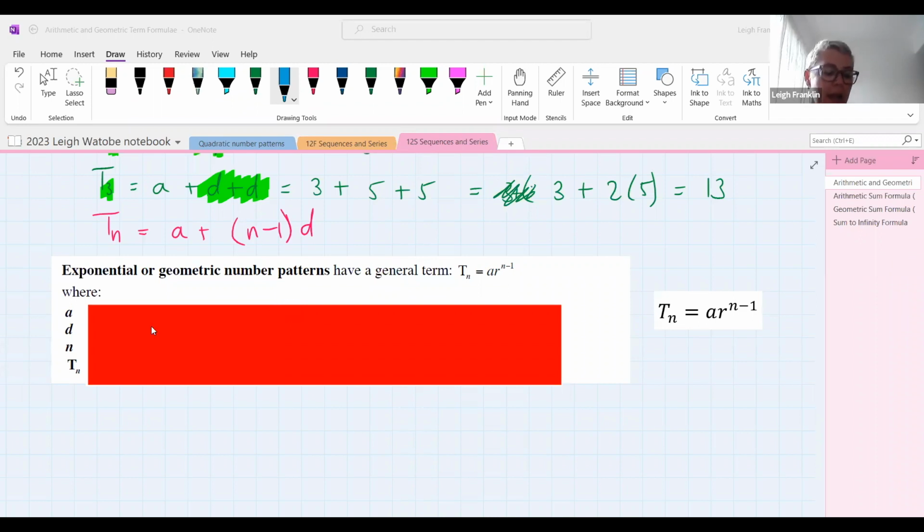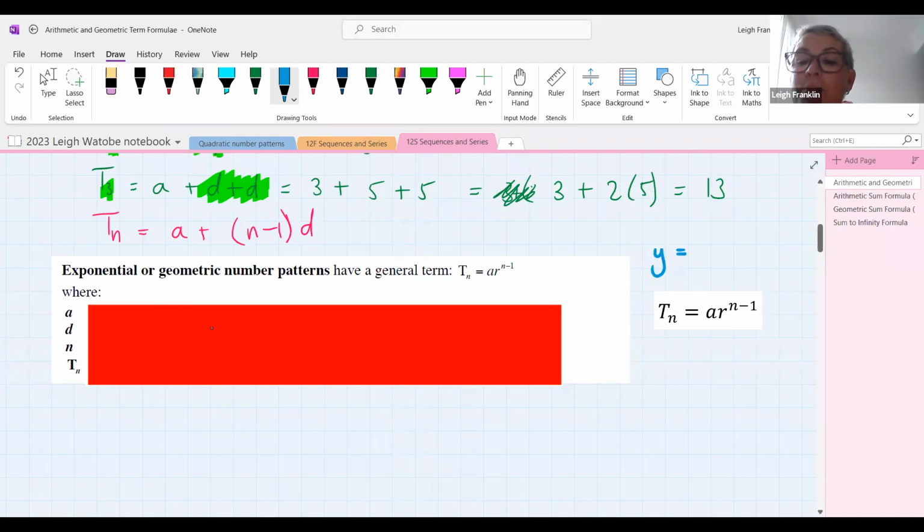Like we use the words linear and arithmetic interchangeably, we can use the words exponential and geometric interchangeably. Last time I showed you how a quadratic number pattern is similar to a parabola, and in the same way this is going to be similar to